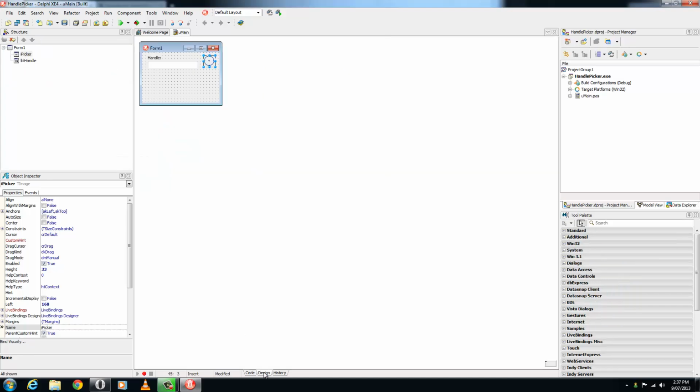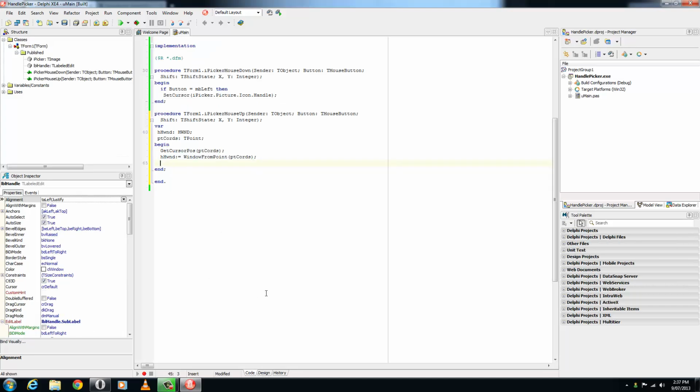Now that we've got the handle, let's go and put it in this little text box. Text equals handle. Problem here is that it is not a string type, so we can do this two ways. We can go integer to string, which will turn any integer value to a string. That's one way of doing it, or we can go format